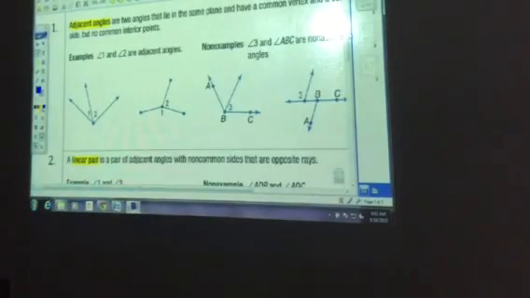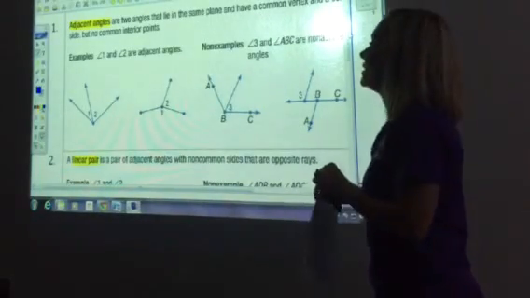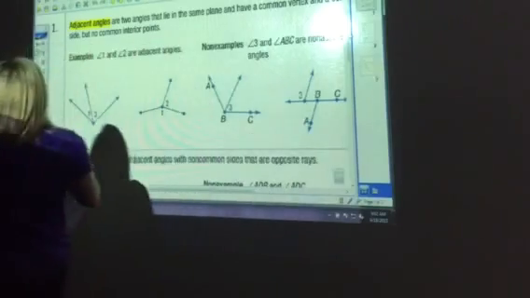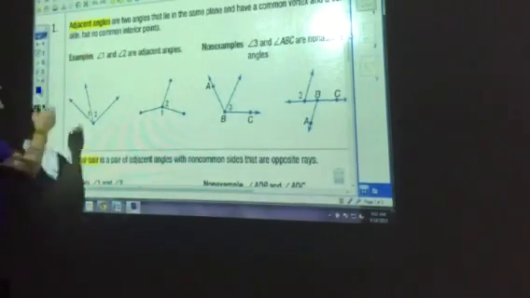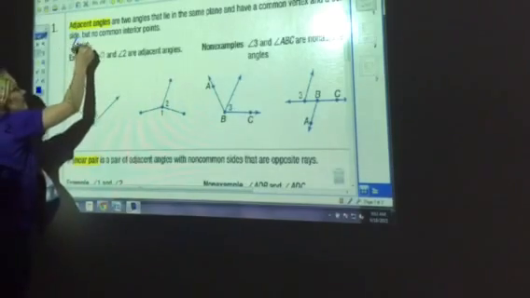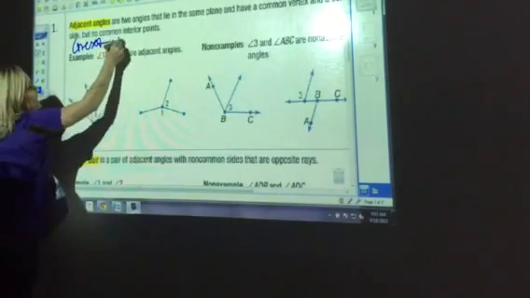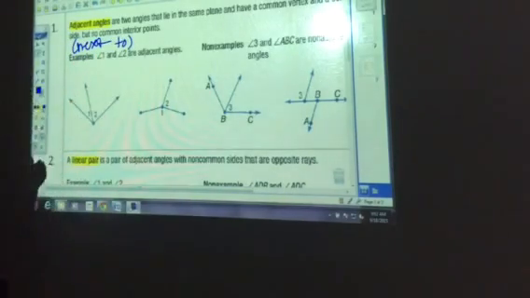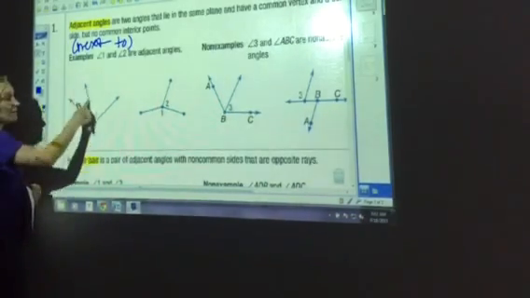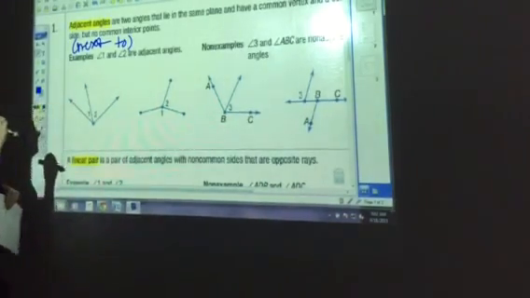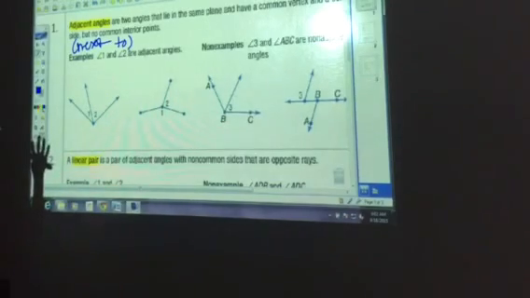Okay, so today we're going to talk about angle pair relationships. Our first term is what they call adjacent angles. When you see the word adjacent, I want you to think of next to, next to each other. These are angles that share a common vertex and a common side, but no points on the interior